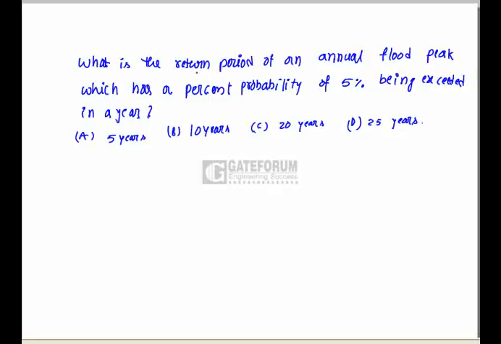We have to find out the return period of an annual flood peak which has a percentage probability of 5% being exceeded in a year. This problem can be solved in two ways. First method,